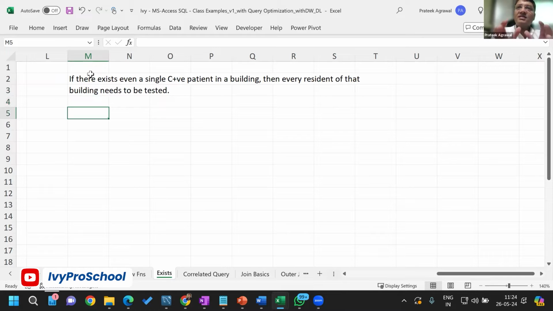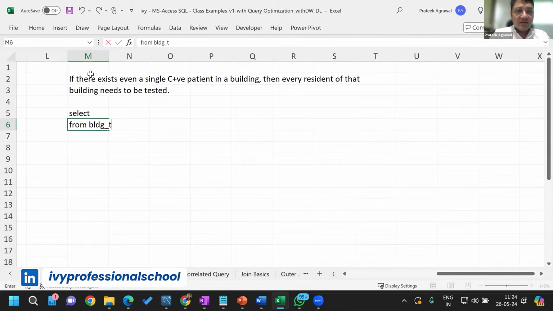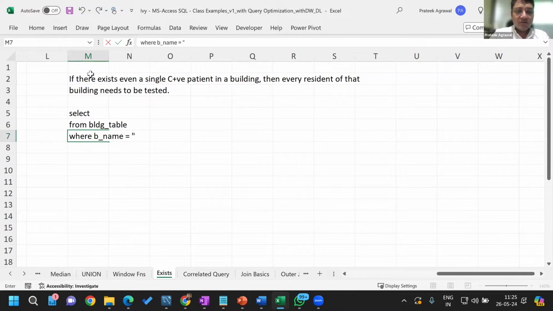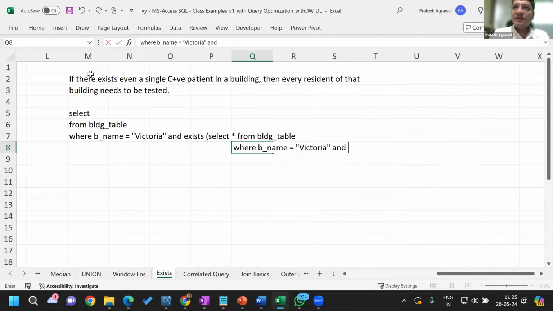That means, imagine there is a table of buildings. From the building table, let's say you live in a building called Victoria. Now you are saying that in the building Victoria, if there exists, select star from, again, the building table, where B underscore name is equal to Victoria, and resident COVID status